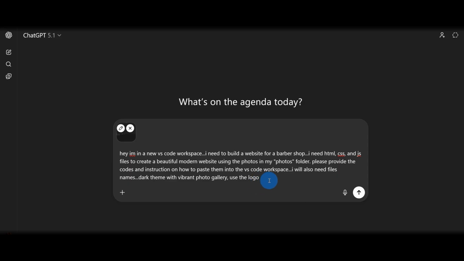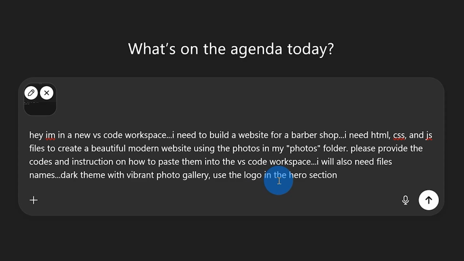So we'll say use the logo in the hero section, and the hero section on a site is basically like your main section when you land on a web page. It's like kind of the first thing you see. So I also need file names, dark theme with vibrant photo gallery, use the logo in the hero section,